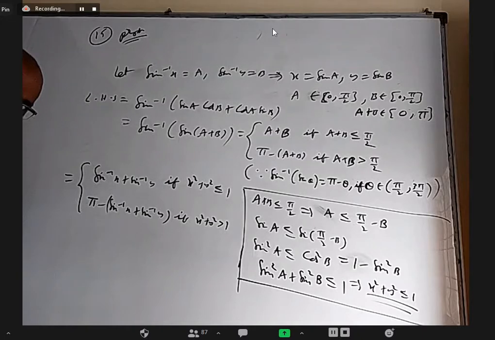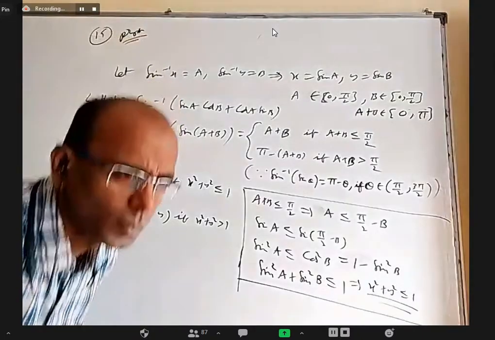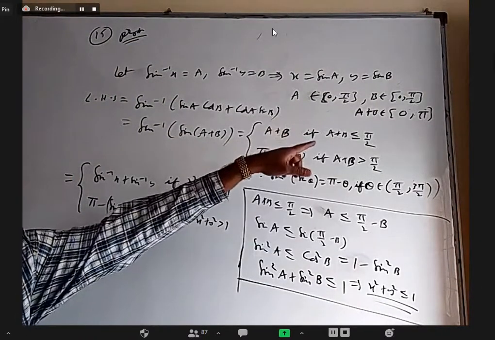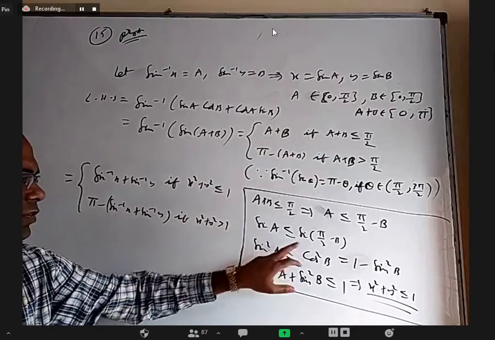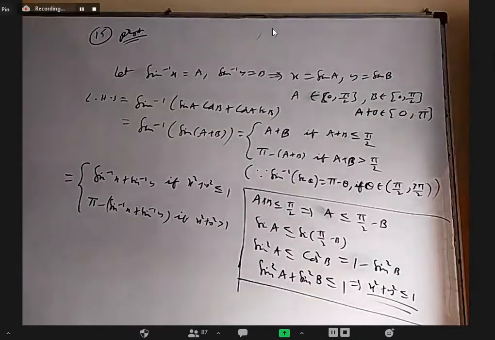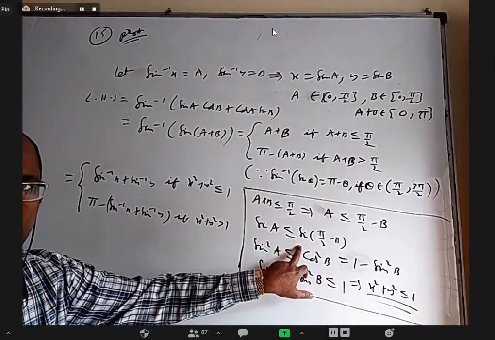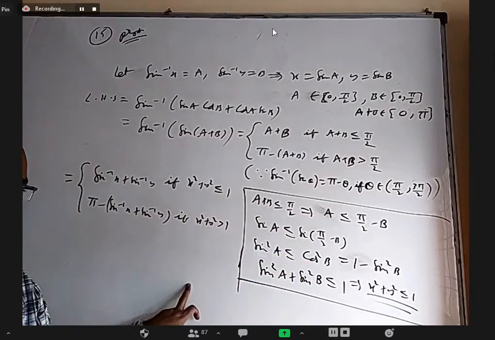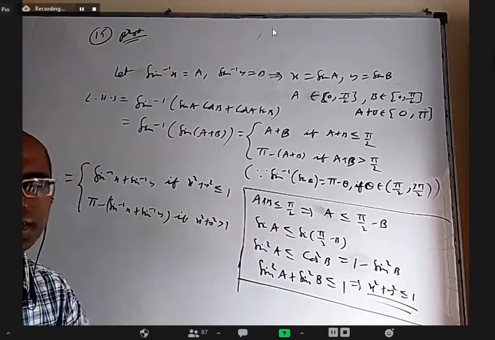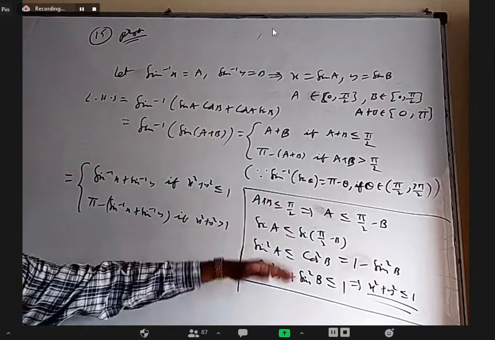Okay, that's it. Yes, please. No, here we are only dealing with a between 0 to 90 and b between 0 to 90. So we know they are positive values. This is also between 0 to 1, this is also between 0 to 1 because of that. When you apply sine, the inequality may change, because some parts of sine are decreasing, some parts are increasing. But right now we are only between 0 to 90, and between 0 to 90, sine is an increasing function. So within our values, all these inequalities are fine.